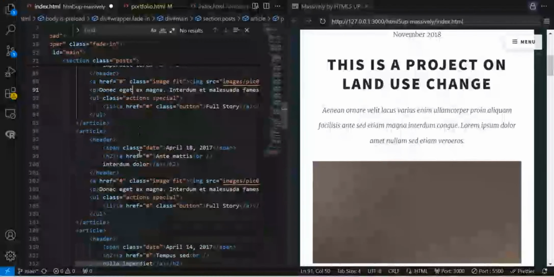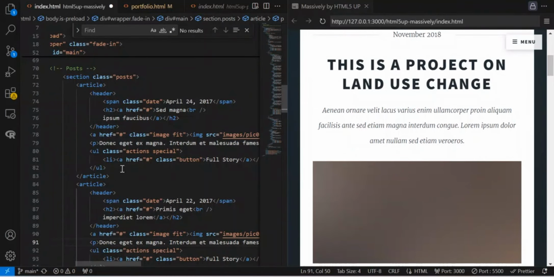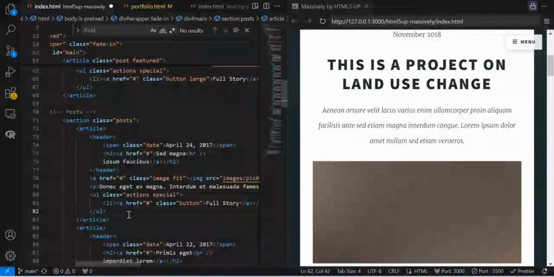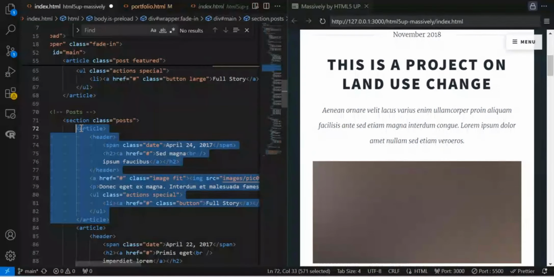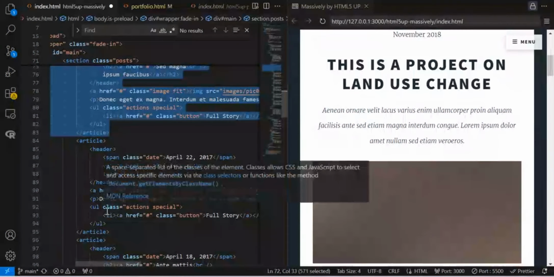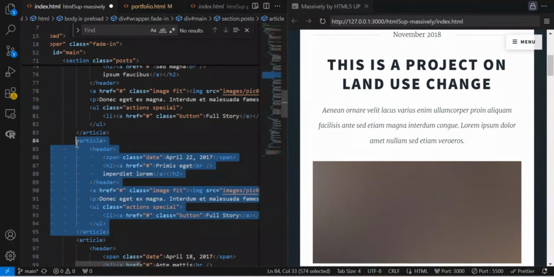So what again should you note? Yeah, so like I said, once you declare the first article and you are okay with it, you just copy it like this, and then you paste it here.